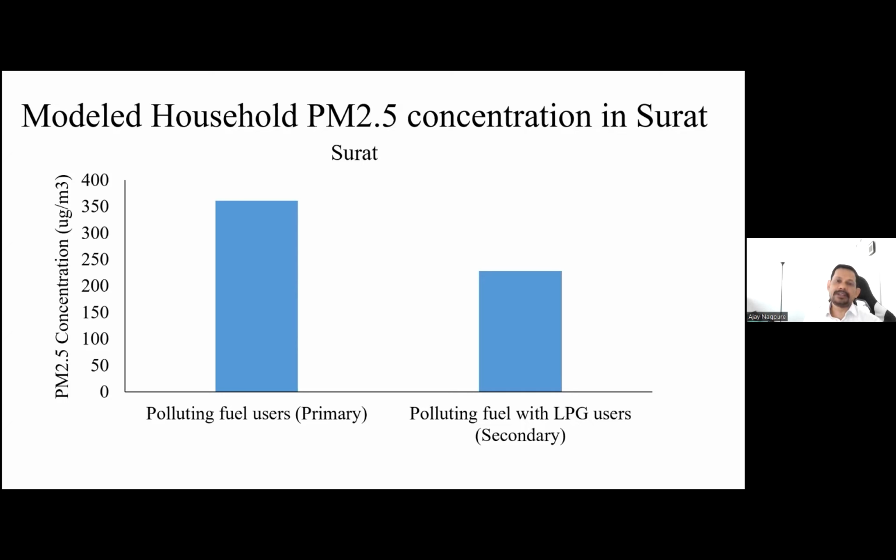So you only need to provide not the consumption, only the type of fuel they are using, the type of fuel access, and the ventilation level, whether the ventilation is good or bad, and how much time they're cooking. In that way, you will get an approximate concentration within a kitchen area or living area. This is a very useful model, and you can just see that paper and find out. Of course, I think monitoring is the most important, but if monitoring is not available, then we can use that model to at least provide some kind of information on household level concentration. That is a very useful model.